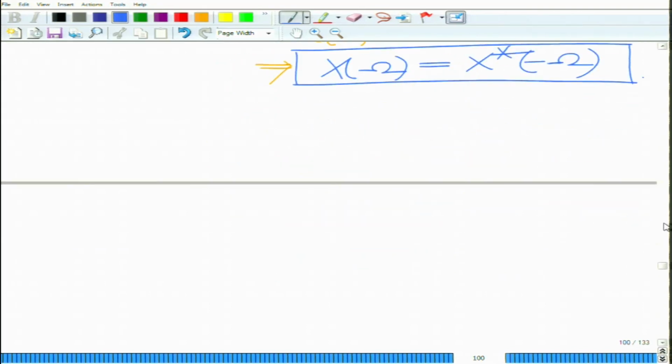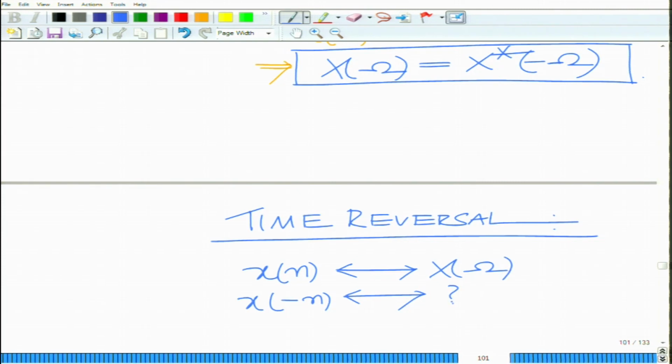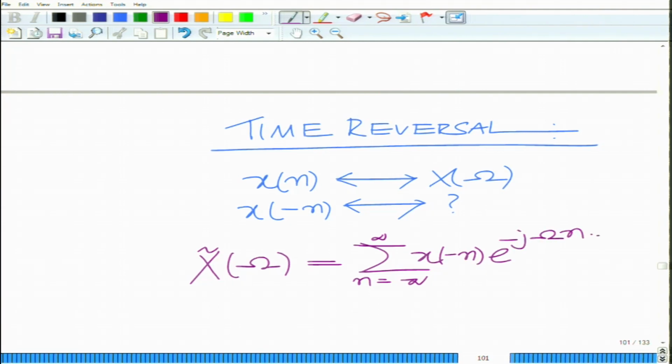All right. Time reversal, again similarly one can look at time reversal. If x[n] has DTFT X(omega), x[-n] has DTFT, well what is the DTFT? That would be X tilde(omega) equals sum n equals minus infinity to infinity x[-n] e raised to minus j omega n, equals summation, setting m equals minus n, that would be minus infinity to infinity x[m] e raised to j omega m, where m equals minus n,